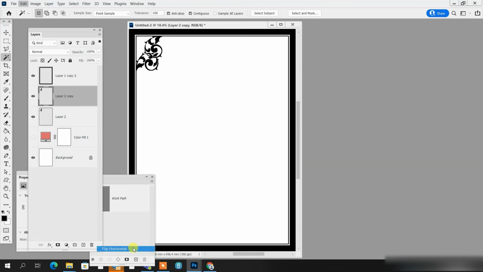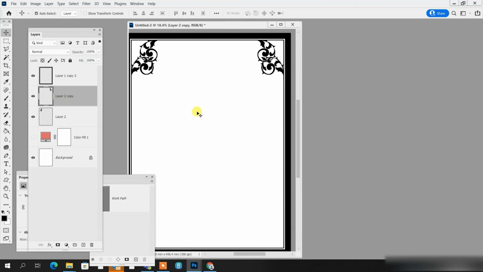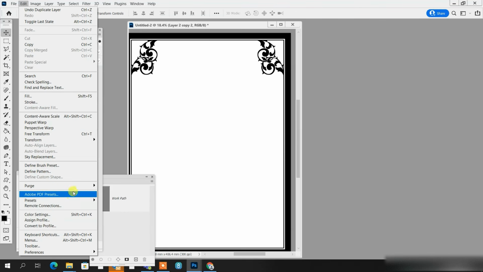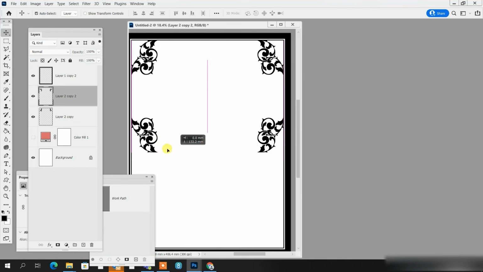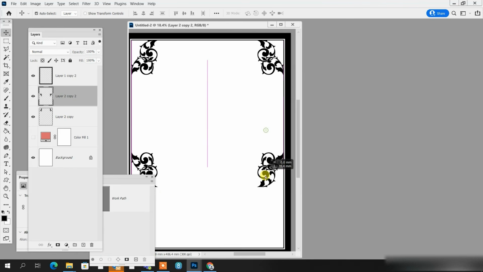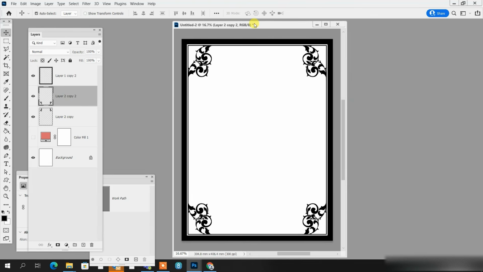flip horizontal, drag across to the other side. You can merge these, duplicate, flip vertical, pull those down to the bottom corner. There, and not perfect by any means, but it's a starting point, and it's kind of it there in concept,